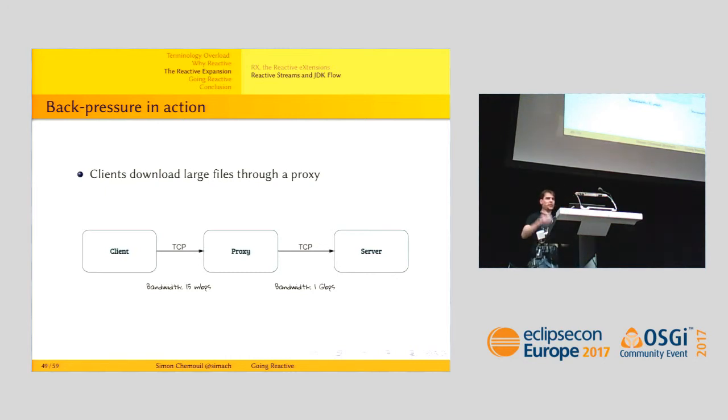In TCP, if you don't ask for things, it's going to reduce the window and reduce the transfer size, the transfer speed. But how do you make that happen when you're in Java and you're using non-blocking programming? If you have blocking I/O, it's going to work out of the box because the input streams and output streams that you use are going to take care of that. When you go to non-blocking, you have somehow to bridge that non-blocking back pressure to TCP, and that's something that